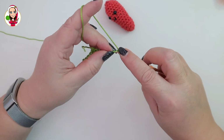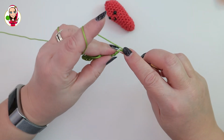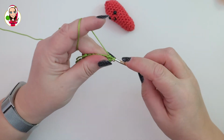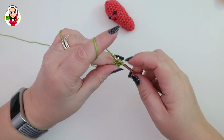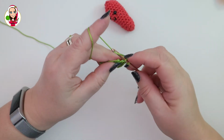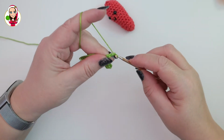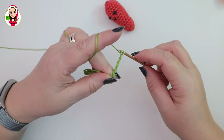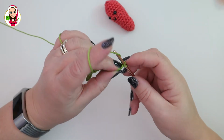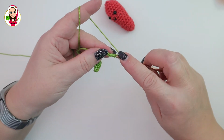Double crochet in the second chain from the hook, 1, and then 5 double crochets, 1, 2, 3, 4, 5, and 6. Then I'm going to chain 7 again, 1, 2, 3, 4, 5, 6, 7. Double crochet in the second chain from the hook, and then crochet down the chain,